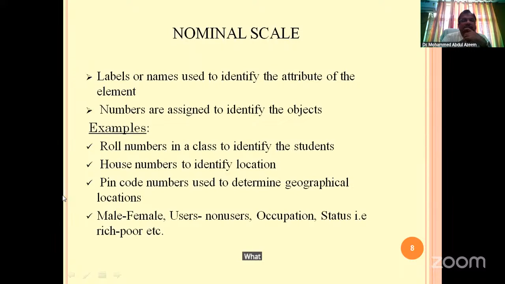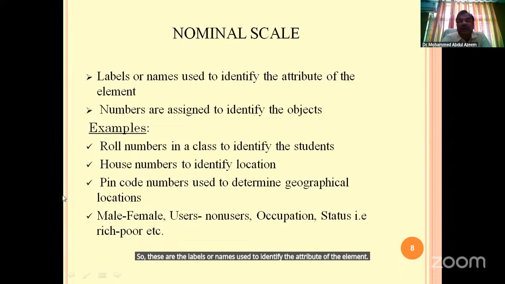What is a nominal scale? When we give numbers in the class, we give numbers. Roll number 1, 2, 3, 4, like this. House numbers, pin code numbers, users, non-users, married, non-married, rich, poor, male, female. So these are the labels or names used to identify the attribute of the element. Numbers are assigned to identify the object. If it is roll number 23,